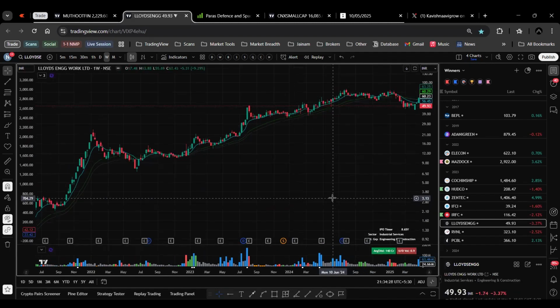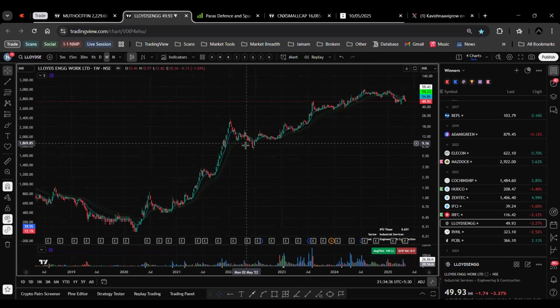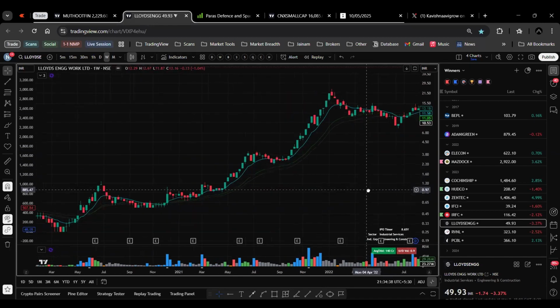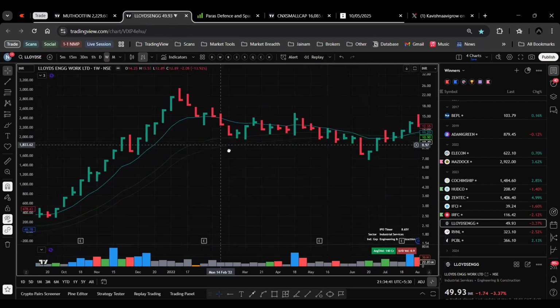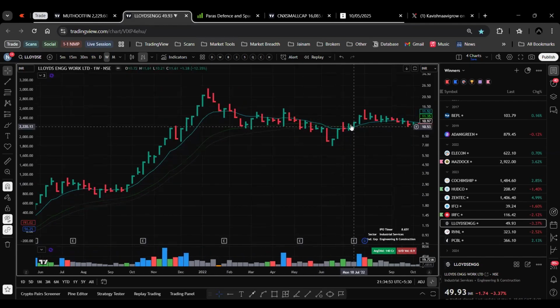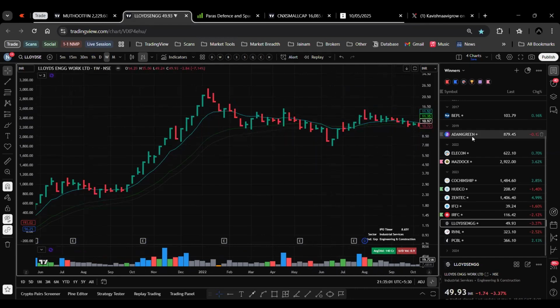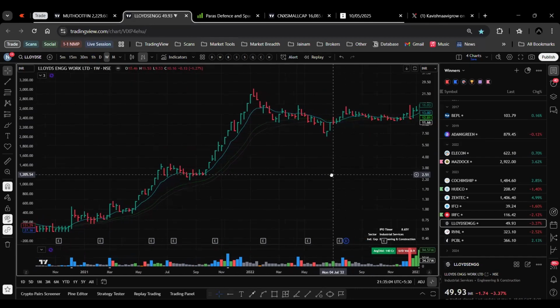Lloyd Engineering. See, a big mover. It takes its time to make a good clean base. It's not just moving from a random pivot. See, if you see here in this week, it was a tight close. And many of you would be tracking this stock on daily as well because it was in a range and you could have bought it. But just see, even though it moved 40% in the next 2 3 weeks, is this the correct structure that you saw in all the other winners? No,